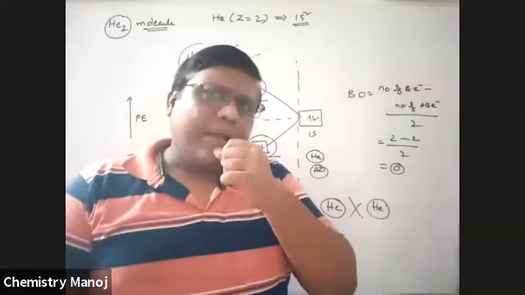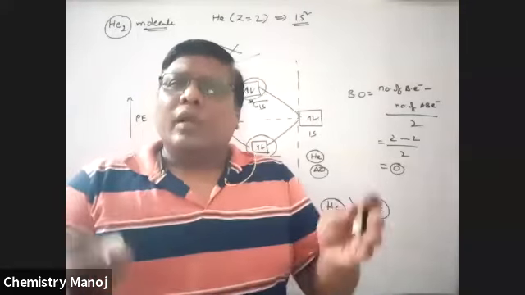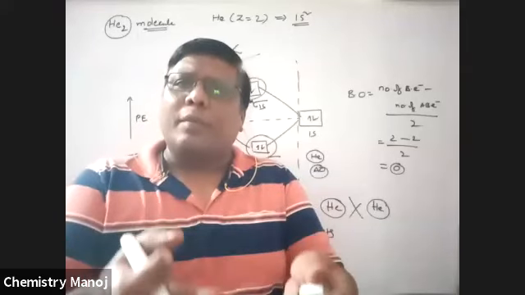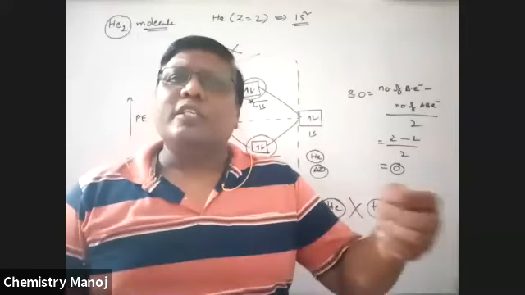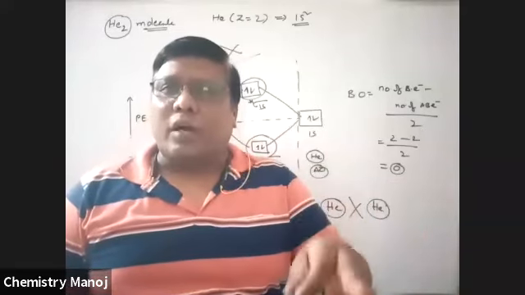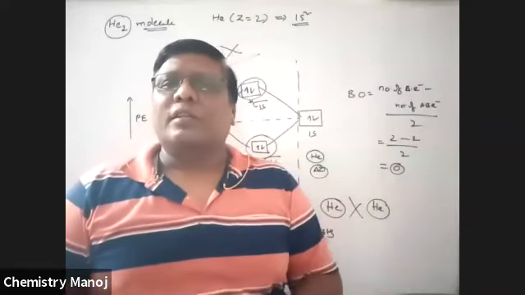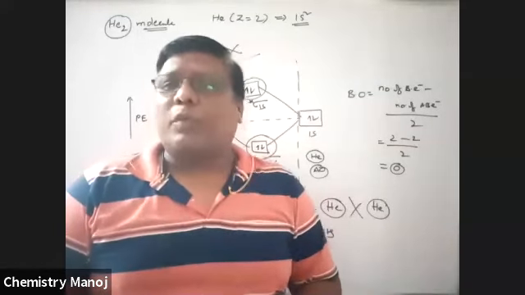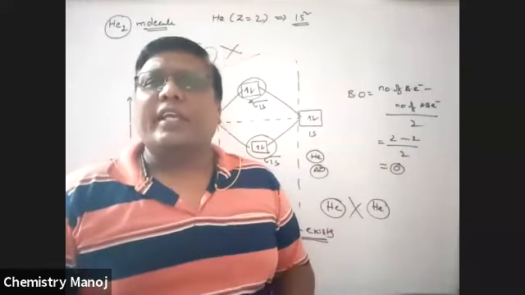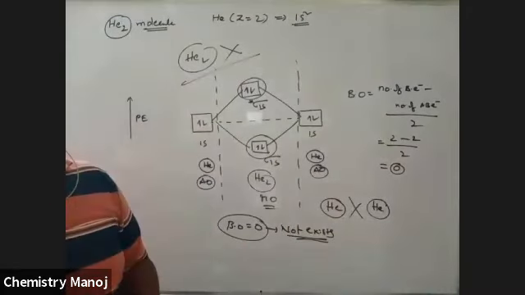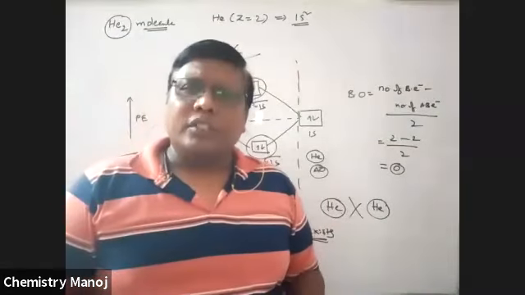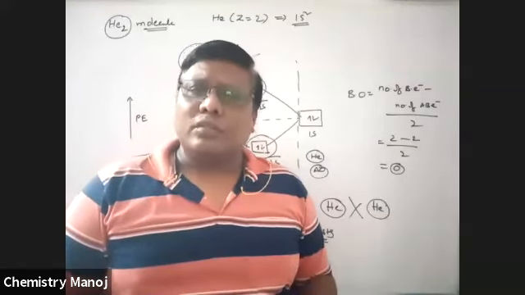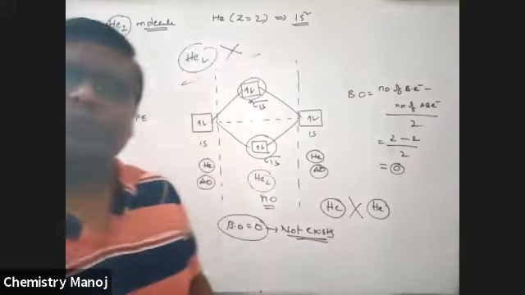So this is MOT, where atomic orbital combination gives molecular orbitals. Those may be bonding orbitals or anti-bonding orbitals. How are these bonding and anti-bonding orbitals formed? I'm going to give some pictures. See here. Manoj, it is not possible to explain HCl, that covalent molecule, right now. Later I will explain. Please wait.